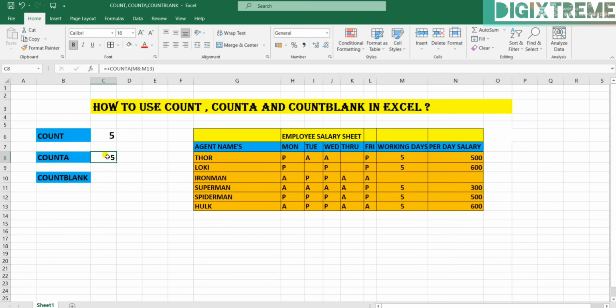And now let me make some changes. There is one more shortcut key, guys. If you have applied any formula and you want to make any changes to that formula, then just simply press F2. It will show the formula here. So I want some changes.